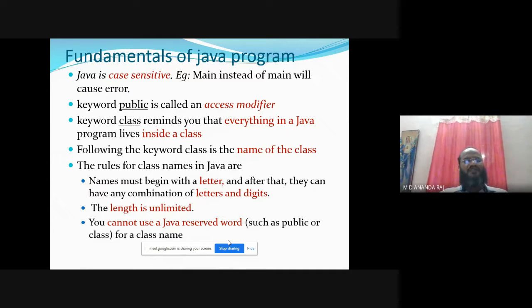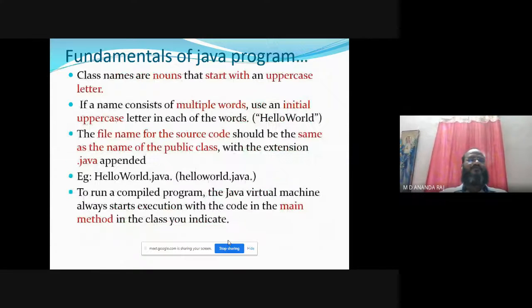As I said earlier, the class name and file name should be similar. The name must begin with a letter, and after that it can have any combination of letters and digits. The length is unlimited. You cannot use Java reserved keywords such as public or class for a class name.